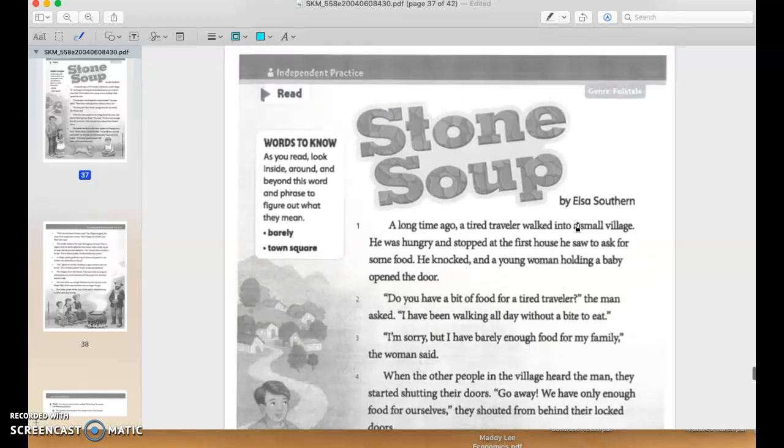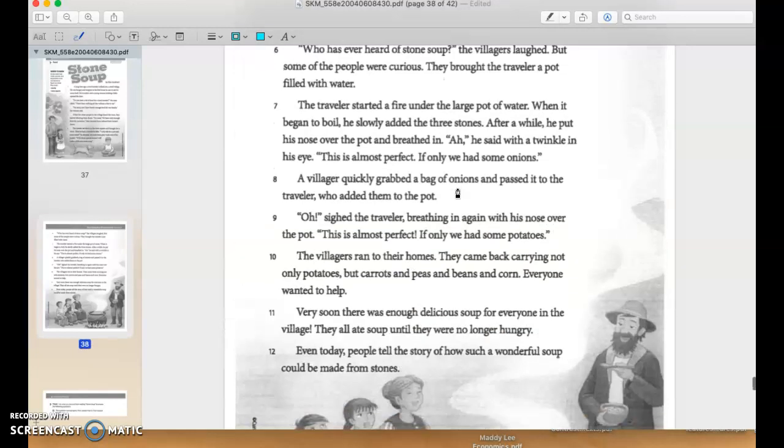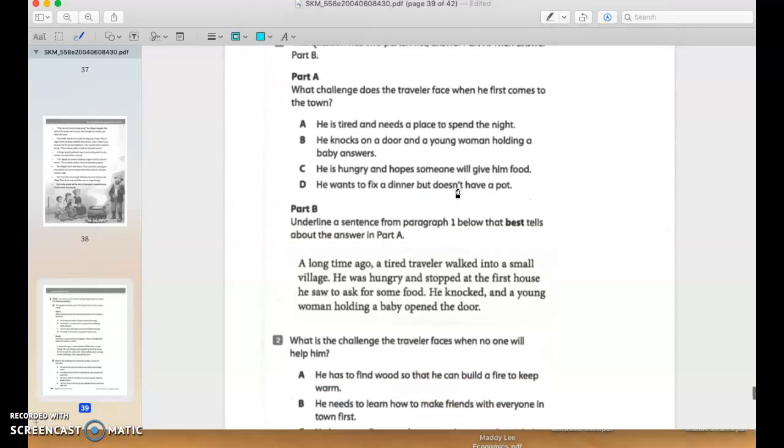It's up to you. I do recommend that you work on it even if it's this weekend before you get to it. Because your work is due on Monday. All these packets, the reading packet, the math packet, science and social studies, is all due back to school on Monday. So if you want extra points, you can go ahead and do the stone soup story. I do recommend it, but it is extra.